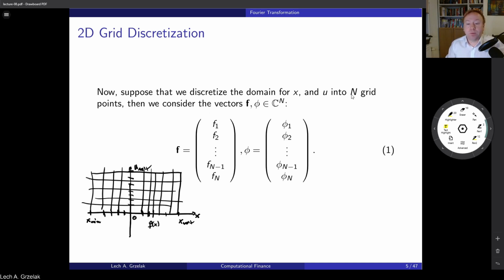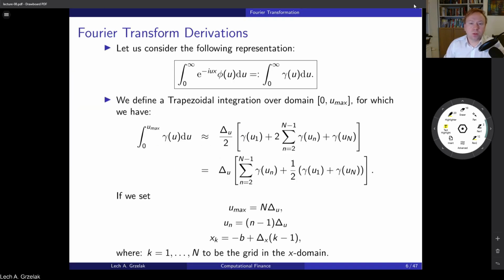But okay, so now we define a number of grid points. So we have n grid points that will be used for the domain of u, and actually we use the same for the domain of x. So we assume that the number of points in each dimension will be the same. So actually this is not really rectangular, it is a square domain. Now, since we have reduced our domain of computation from -infinity to +infinity to 0 to +infinity, we do a little bit of simplification here. We just define a new integral from 0 to infinity of function gamma, and function gamma is equal to